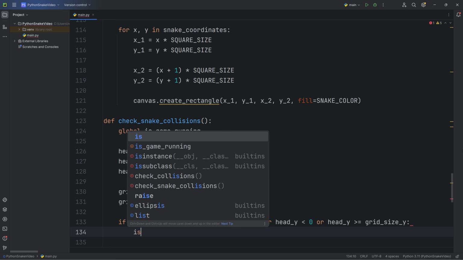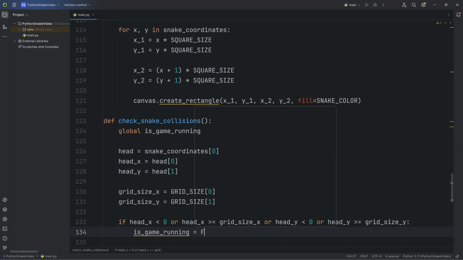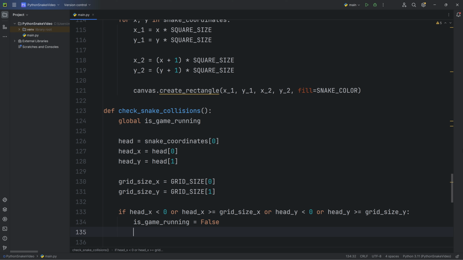Then is game running equals false. Now if the snake goes out of bounds, is game running becomes false and the game stops.